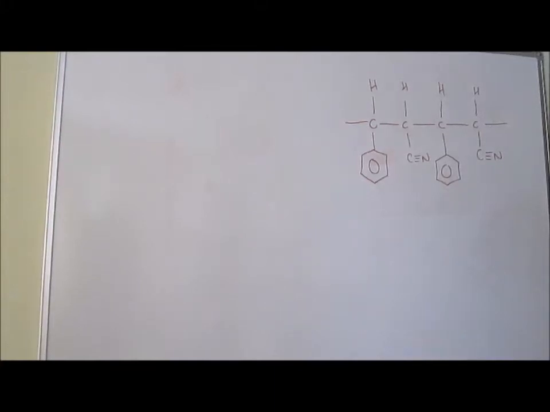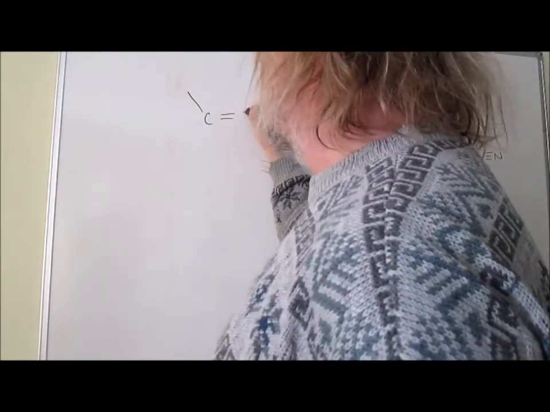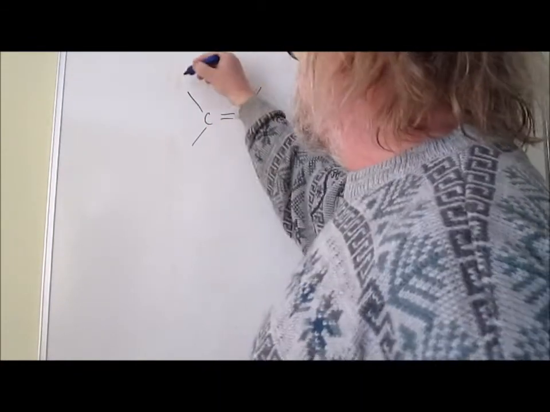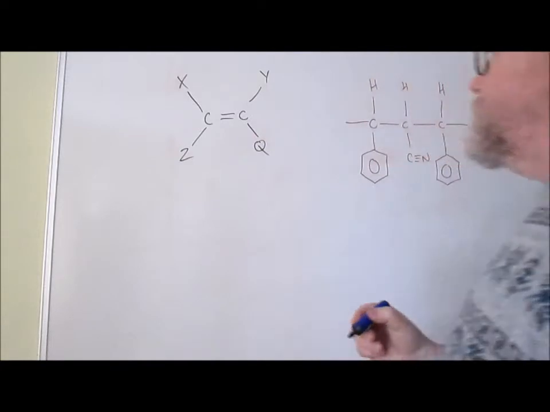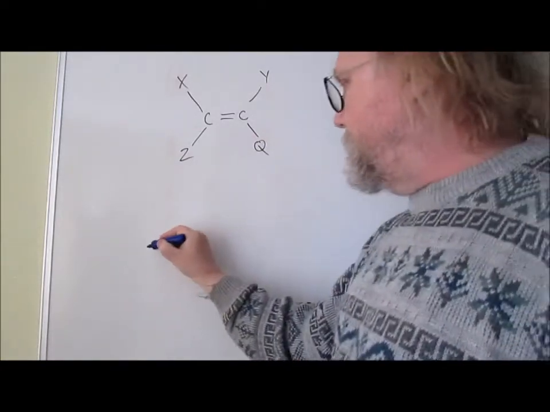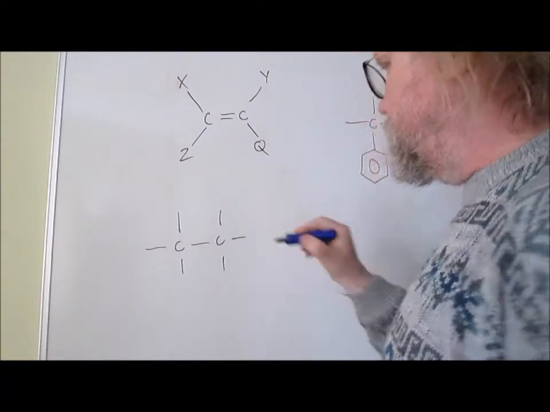Okay, so looking at question 1, when you see a chain of carbons across the middle of the polymer like that, you know that it's an addition polymer, and therefore it's formed from an alkene by addition polymerization. So that means that if this is what your alkene looks like, with 4 groups on the corner, so let's call them X, Y, Z, Q, the repeat unit of the polymer that comes from that just again has those